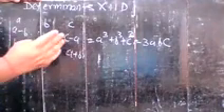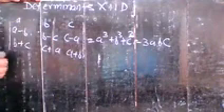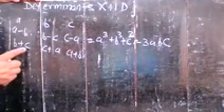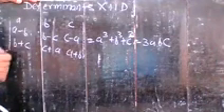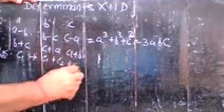You apply the operation in such a way that you are able to take out a common factor from any row or column. Understand? If you apply the operation C1 replaced by C1 plus C2 plus C3, here you have A plus B plus C, at this position you have 0, and here you have 2 times A plus B plus C. In this way you can take A plus B plus C common. So taking the left side and applying C1 replaced by C1 plus C2 plus C3.